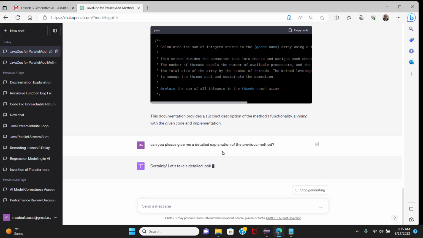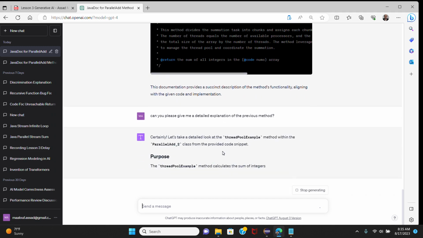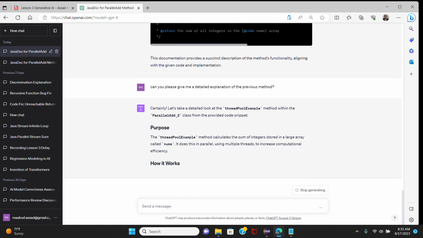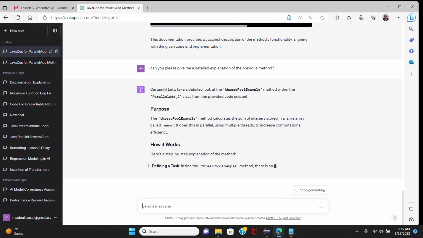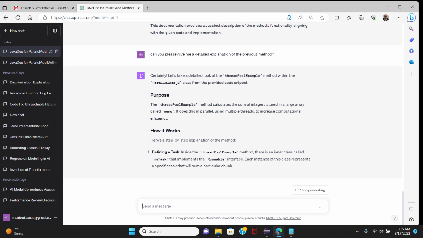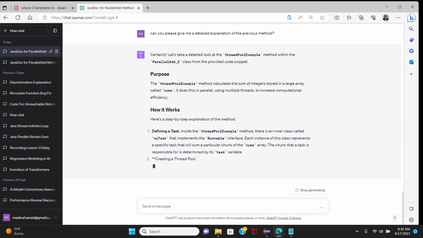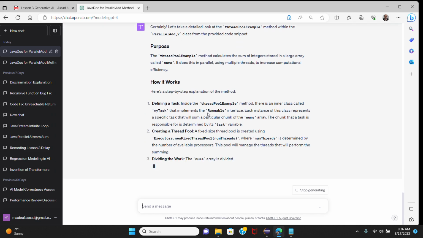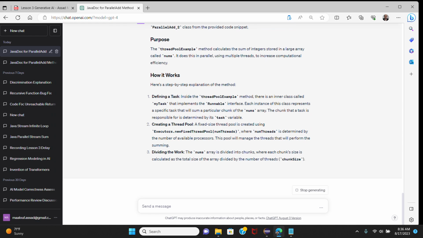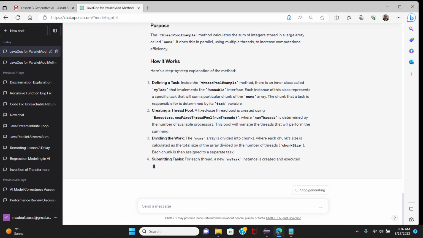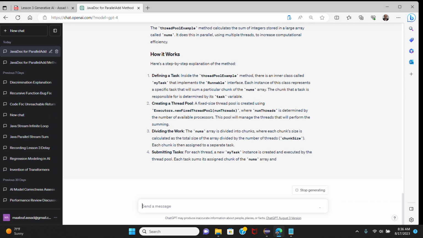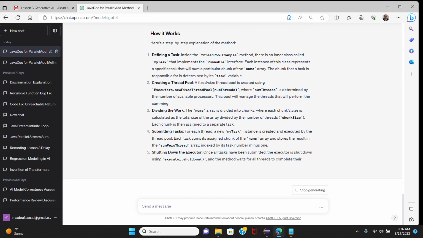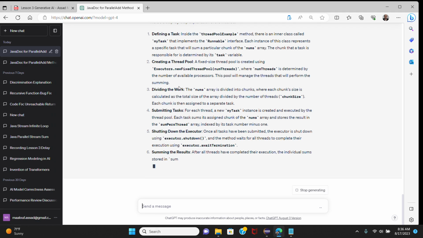Let's see if I ask it: can you please give me a detailed explanation of the previous method? It says: the method computes the sum of integers stored in a large array called nums. This sum executes in parallel using multi-threading to increase the computational efficiency. Here is a step-by-step explanation of how this method works. The inner class MyTask implements the Runnable interface, and each instance is a task that will do the sum of a chunk of numbers in the array. And Executors.newFixedThreadPool, with the number of threads determined by the number of available